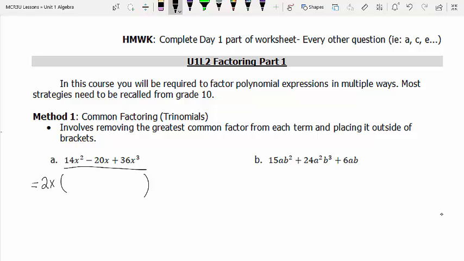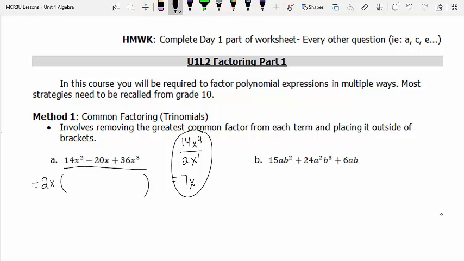So what's 14x squared divided by 2x? And if you need to work on the side, you can just do this. 14 divided by 2 is 7. X squared divided by x to the 1 is x, because you subtract the exponent. So that's the math behind it. You're taking the original term and dividing it by the greatest common factor. Some of you will be able to just do it in your head without doing that math off to the side,